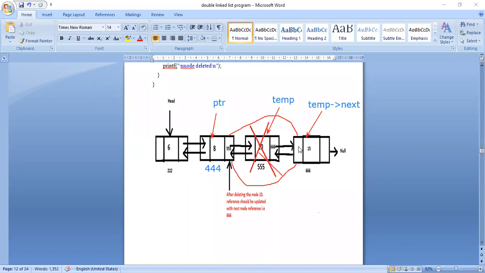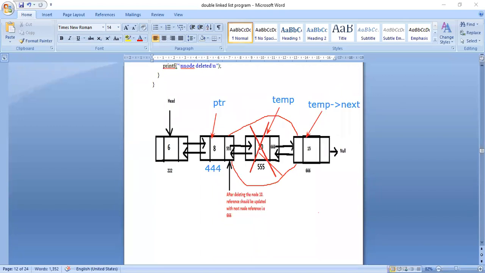This whole node is temp of next. This is temp. This is PTR. In PTR of next, I should keep the temp of next. In the previous part of temp of next, I have to keep the PTR value. Automatically 444 will be kept here. So that is the thing.